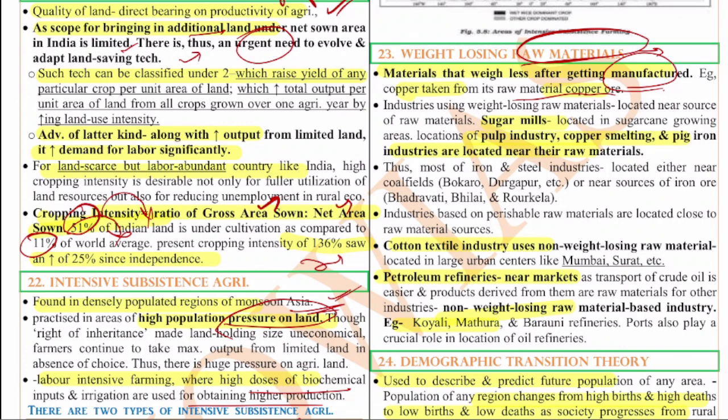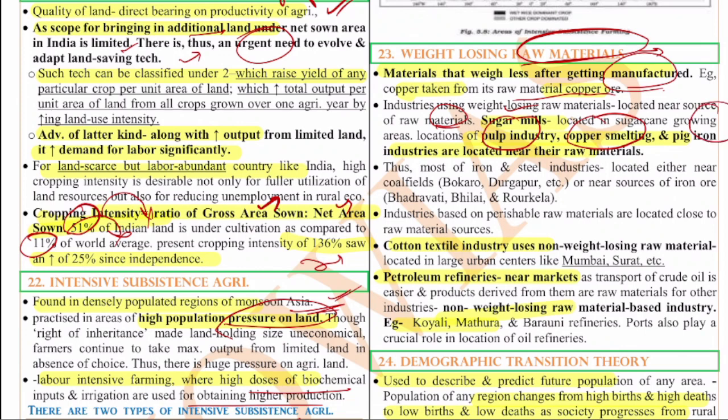And the industries using weight losing raw materials are located near the source of raw materials. For example, sugar, because sugar cane, when you transport it over long distances, the water in the sugar cane will reduce. When the water reduces, the weight reduces. So sugar mills are always near these sugar producing areas. And also the pulp industry, copper smelting, the pig iron industry, all of them are located near these raw materials